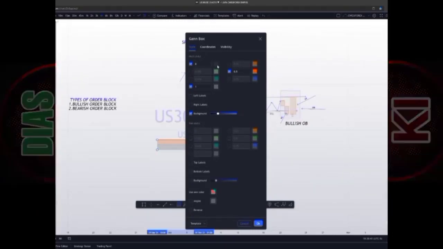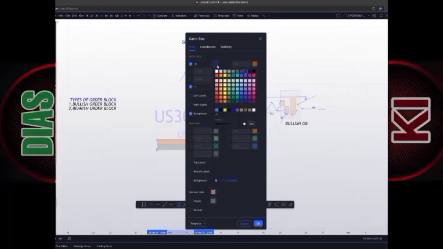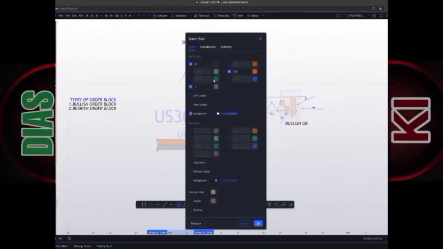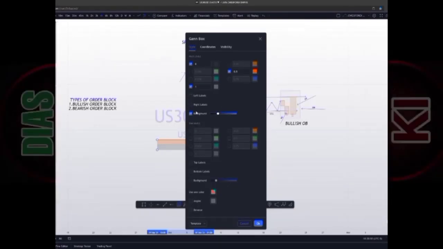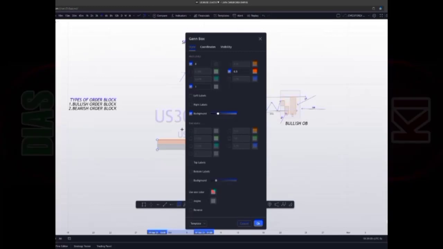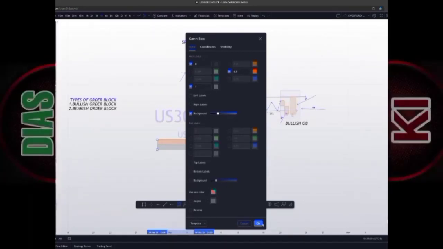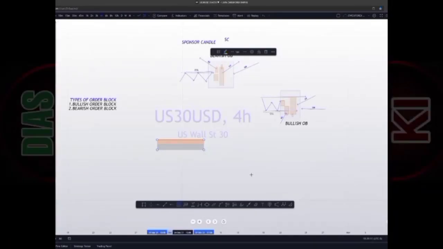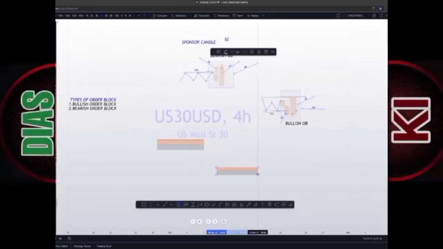I have this one black over here. Let's say deep gray over there. Right, so these are the levels on the game box that we'll be using. So we can choose, since I know this place over here, when I take it and I draw it on my chart, I know that